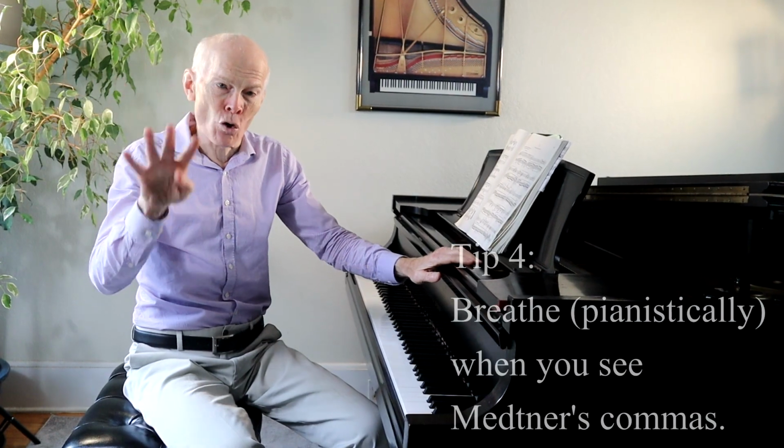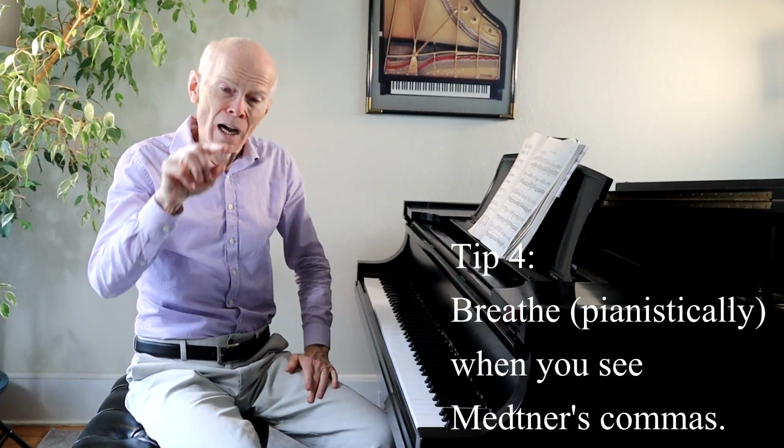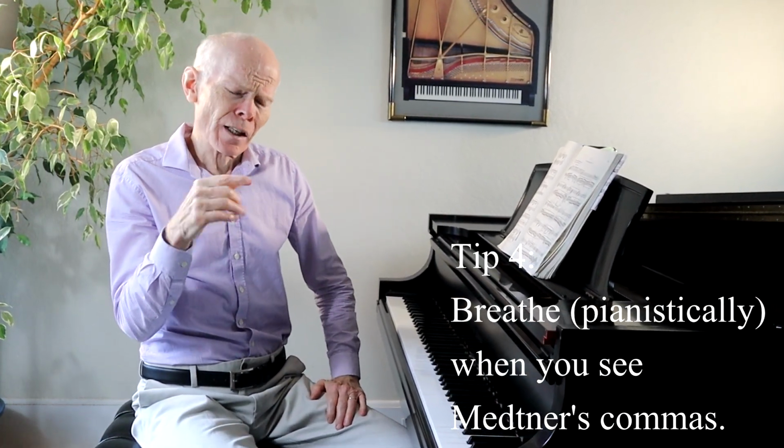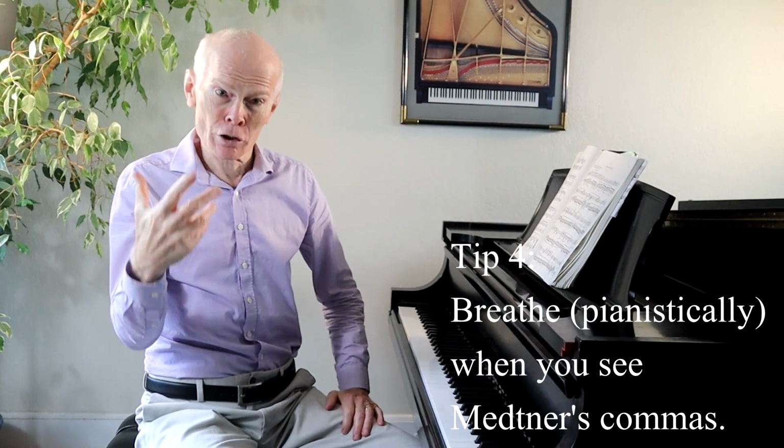And tip number 4. Medtner uses a comma at the ends of phrases. It's almost as if he's making it into a lyrical piece for voice. And those marks, those commas, mean that is where you need to breathe in the music. I'll give you an example. About the third measure, we have this melody on top, but there are little commas in there, almost like you're waiting for just a little half of a second before you go on. So here it is, the flowing line,